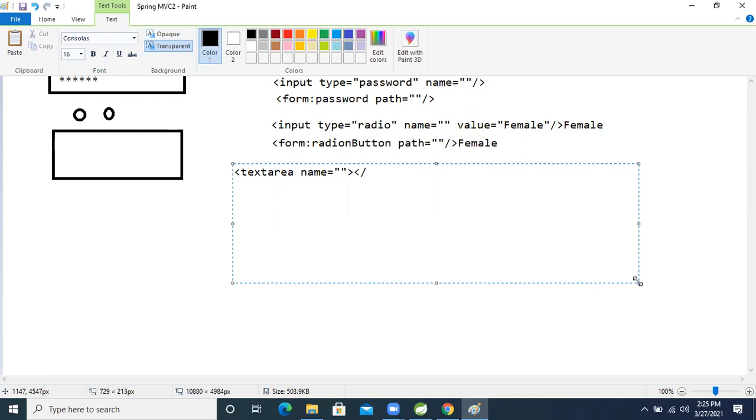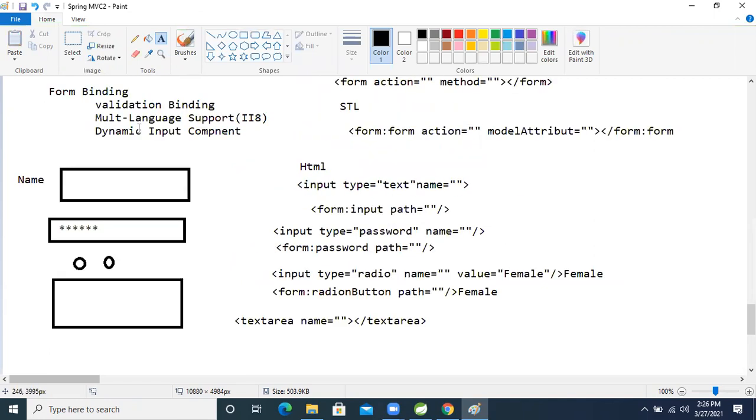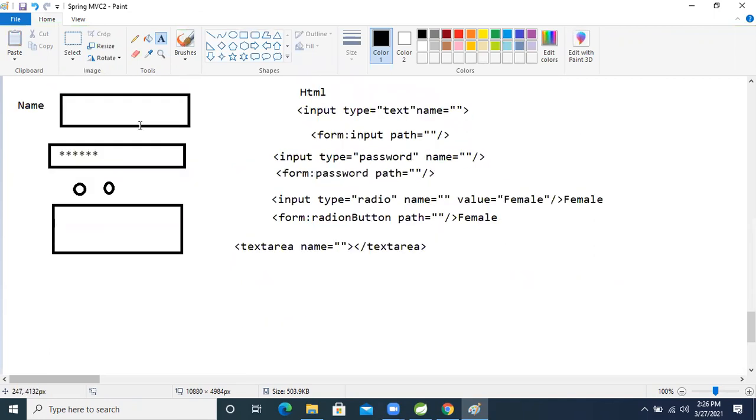We close that text area. So this is the Spring text area style. Whenever we use this text area, I will implement each and everything, friend. Don't worry about that.